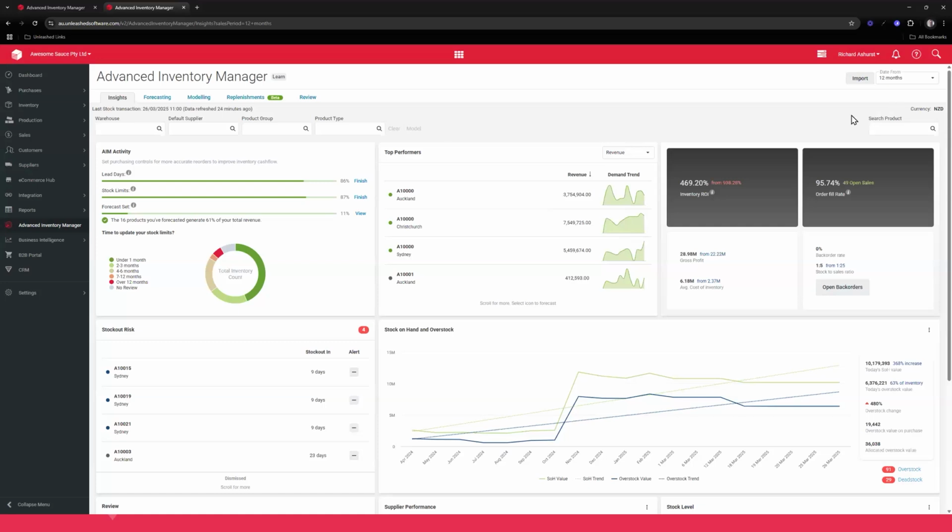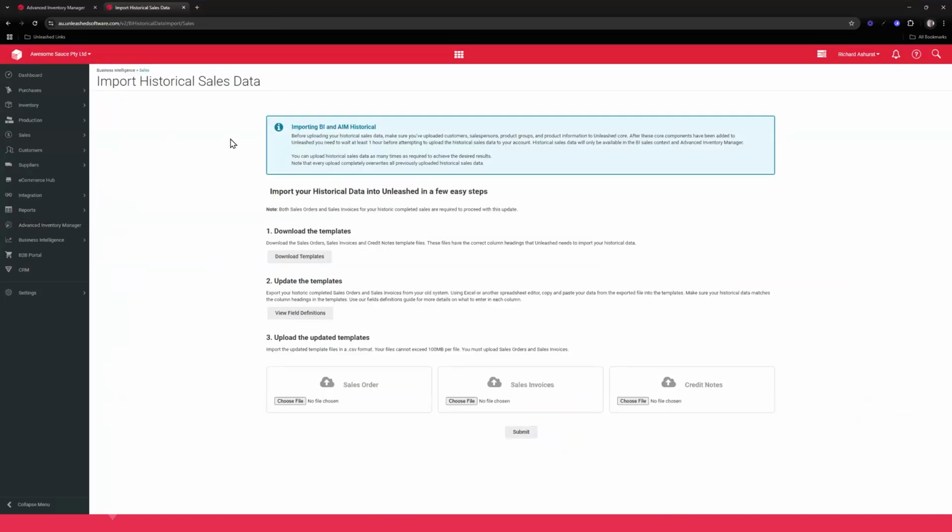Okay, the next thing just to be aware of, and I'll cover this as brief as I can, is if you're new to Unleashed, you're not going to have a lot of history to work off, so you can import your historic data. It will only be within the AIM and the business intelligence module, but this is useful if you have sales history and the rate of demand of a product is recorded, but that's from maybe a previous system or on spreadsheets. So in here, what you can do is